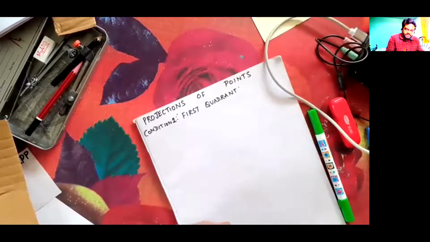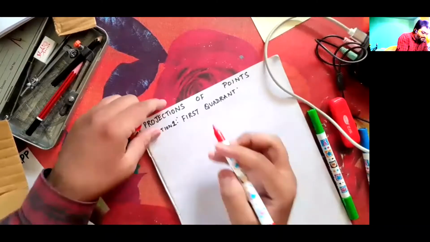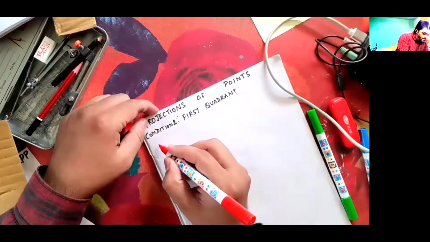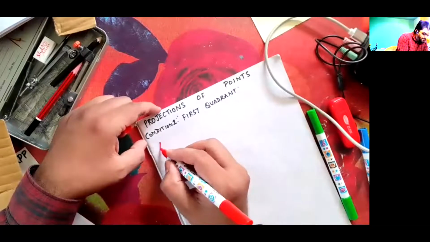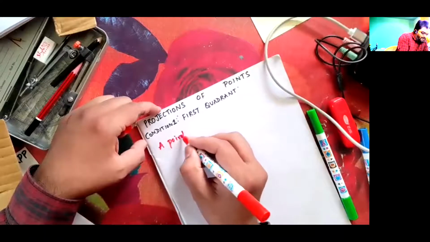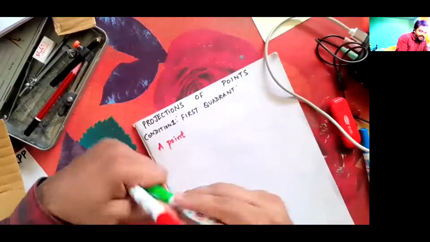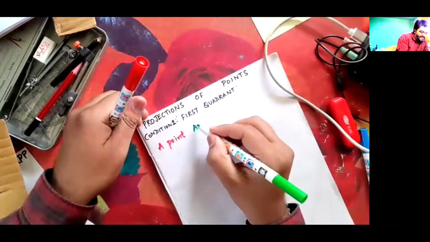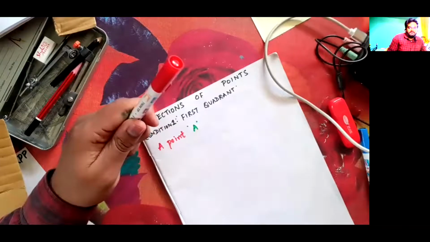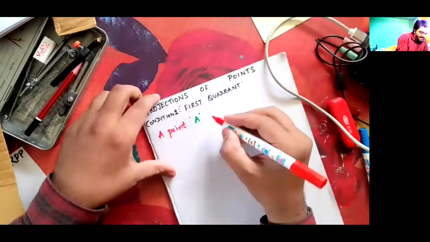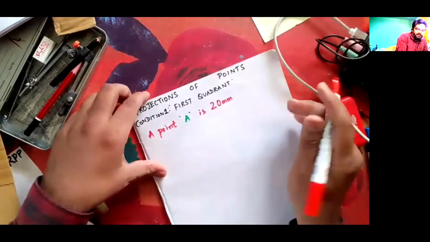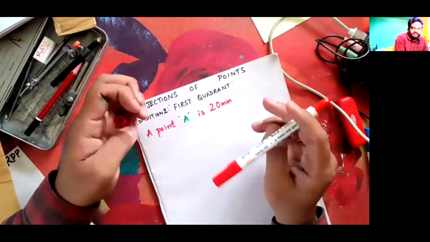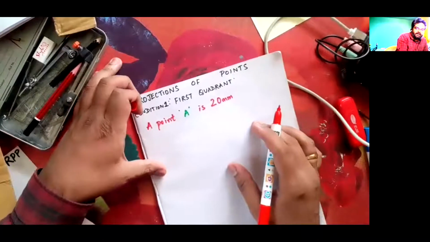First quadrant, take down the first column. Condition number 1 is the first quadrant. We are going to solve the problem. So in first quadrant, point, its name itself is A. I'm giving it a name called A. Point A is 20 mm. Write down this problem, and you need only scale and pencil to solve the problem. Make it fast. The point A is 20 mm